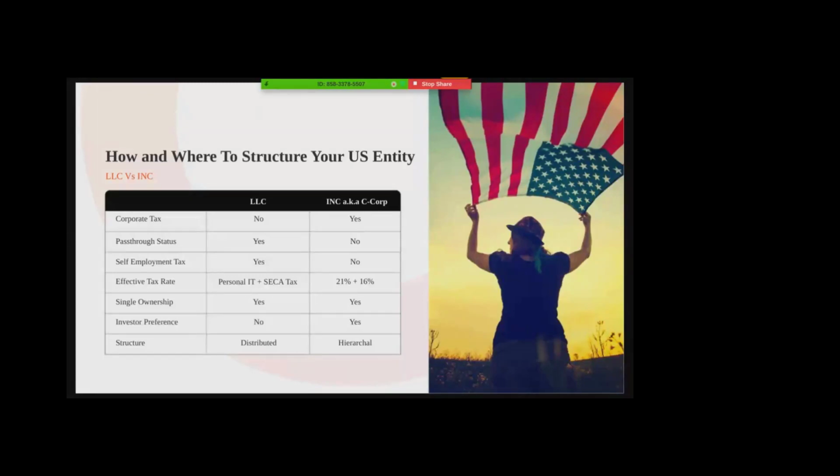And investor preference. I would like you to understand that to participate in an LLC, the investor has to become a member of the LLC, which may not be his choice. A membership interest is created only if he becomes a member. That is the main disadvantage with an LLC. Whereas in an INC, the investor can buy just the shares of the company and remain outside of the board. He doesn't have to participate in the day-to-day affairs of the company.